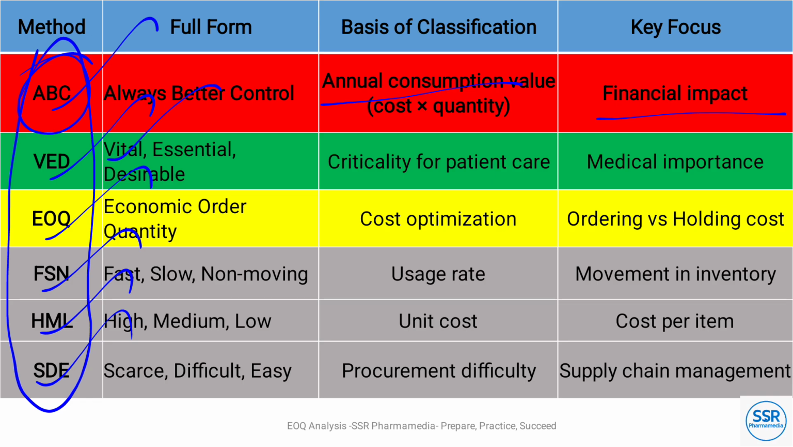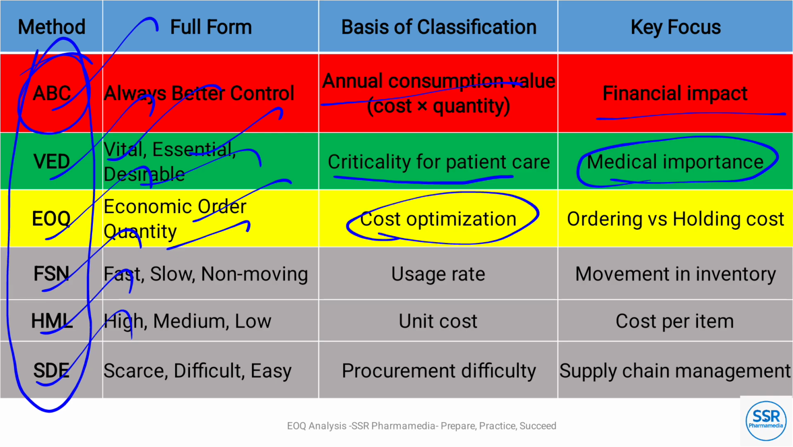VED is vital, essential, desirable. So criticality for patient care and medical importance. EOQ, economic order quantity, is a cost optimization of ordering and holding cost. FSN is fast, slow and non-moving, and the basis of classification is usage rate and movement in inventory is the